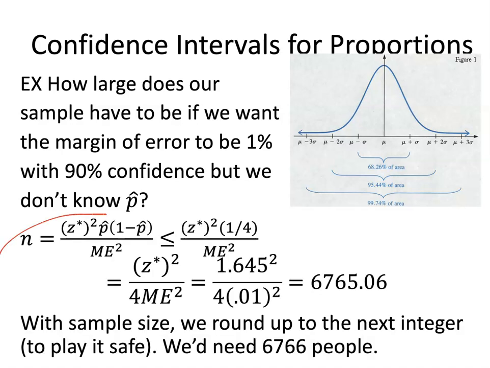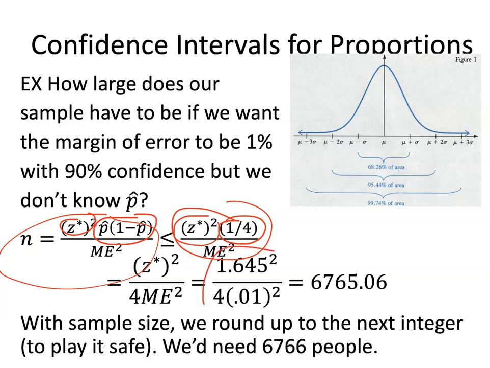Okay, so here's our formula for n. This is always going to be less than or equal to, so we've got the z star squared over here, just like we've got over here. It turns out that p hat times 1 minus p hat is always going to be less than or equal to 1/4, regardless of what p hat is between 0 and 1. So we just rewrite our formula like this. We can put the 4 downstairs, and we've got z star squared over 4 times the margin of error squared. In other words, 1.645 squared over 4 times 0.01 squared, and that's 6,665.06. Again, we round up to the next integer, not the nearest integer, to play it safe. So we'd need